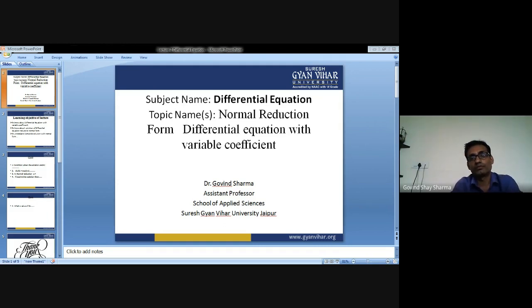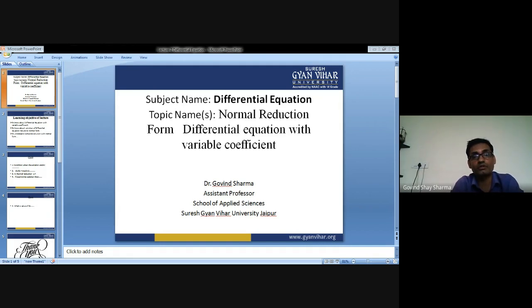Third is when one CF solution is known, meaning we have some condition, we have some solution. If the equation satisfies a condition like 1 plus P plus Q is equal to 0, then we know the solution is e to the power x. Then if P plus Qx is equal to 0, then we know the solution is y is equal to x. So all these we have covered in our lecture.